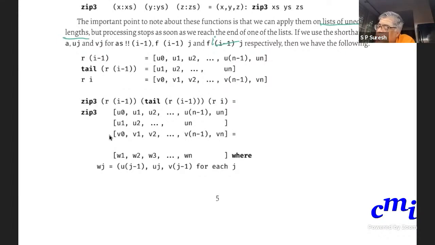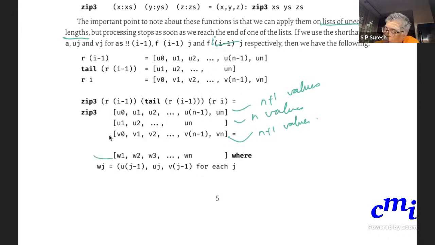This is my zip3 of Ri minus 1, tail of Ri minus 1, and Ri. The important point is that there are n plus 1 values here, n values here, and n plus 1 values here. The result will be just n values.